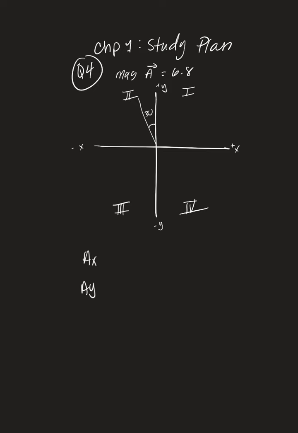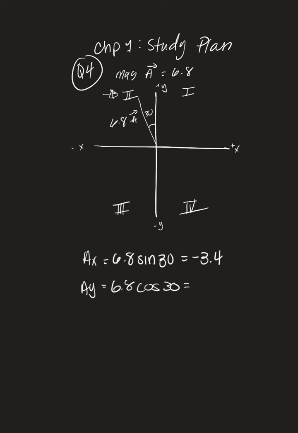So what you have to do is, one, I draw that out, and this is A. And the vector sits in the second quadrant. So now we have the numbers, and A is 6.8. So what we'll do is we'll do 6.8 sine of 30 equals negative 3.4, and 6.8 cosine of 30